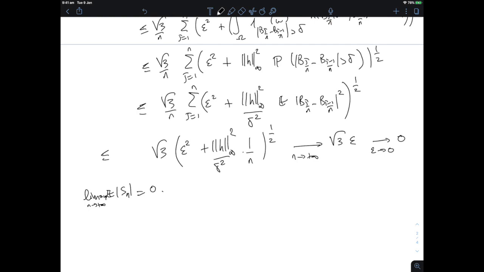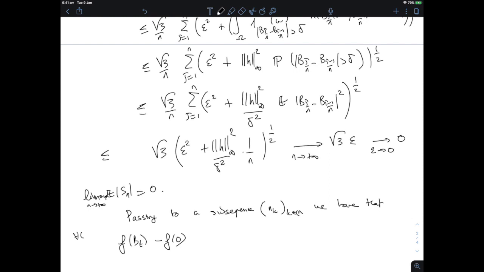So passing to a subsequence n_k, we have that f of B_t minus f of 0, when I take the limit along that subsequence,